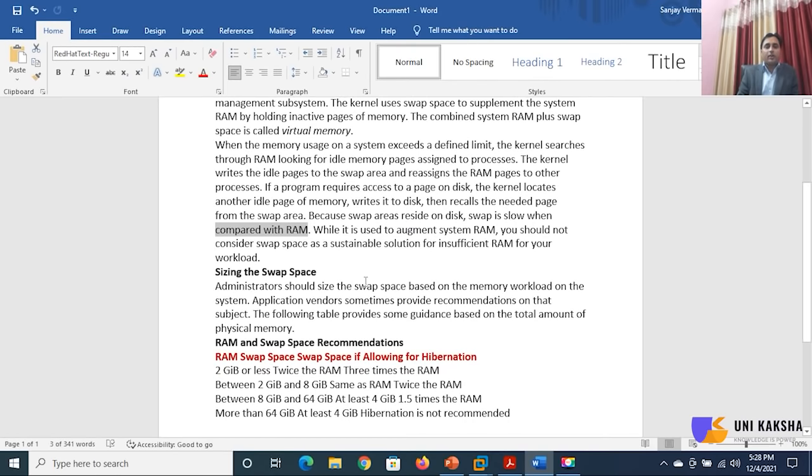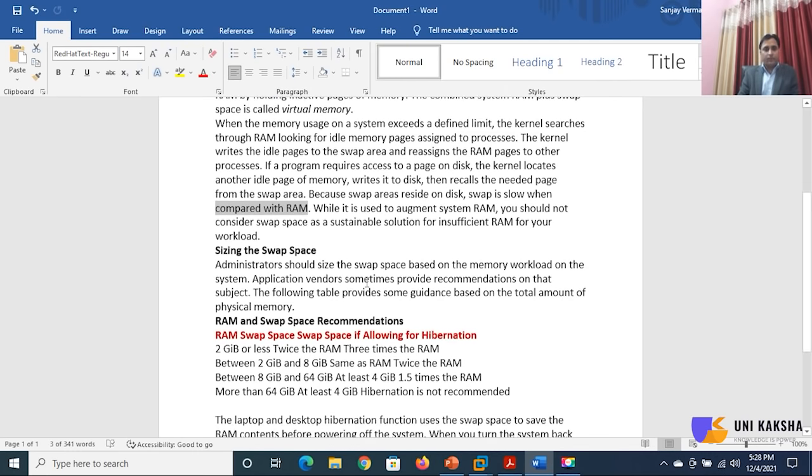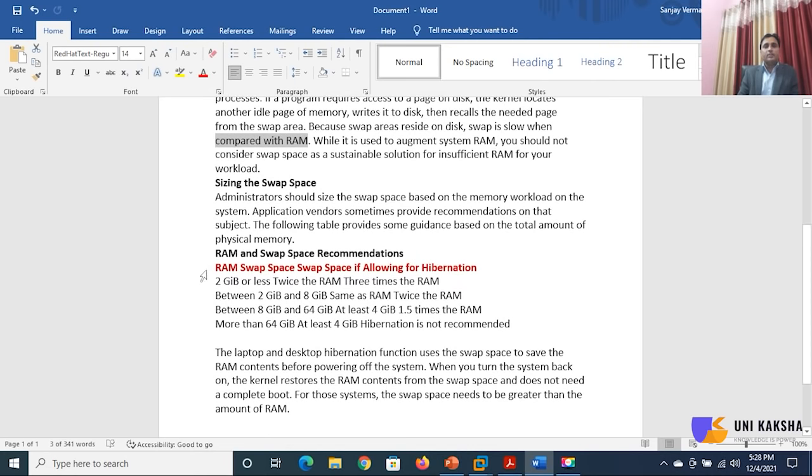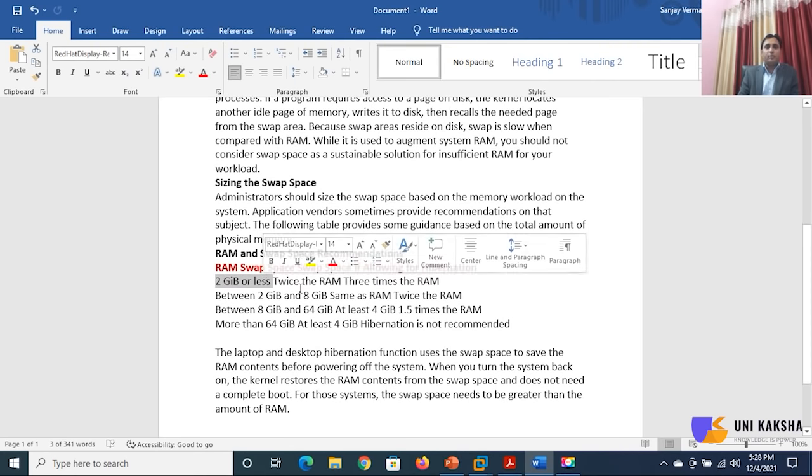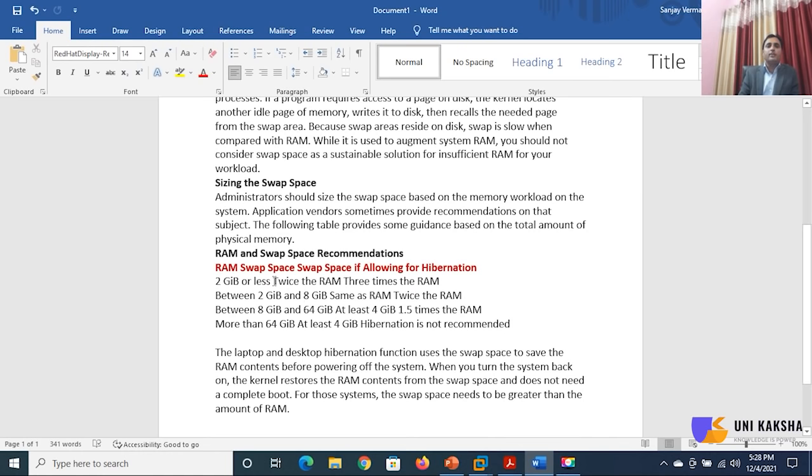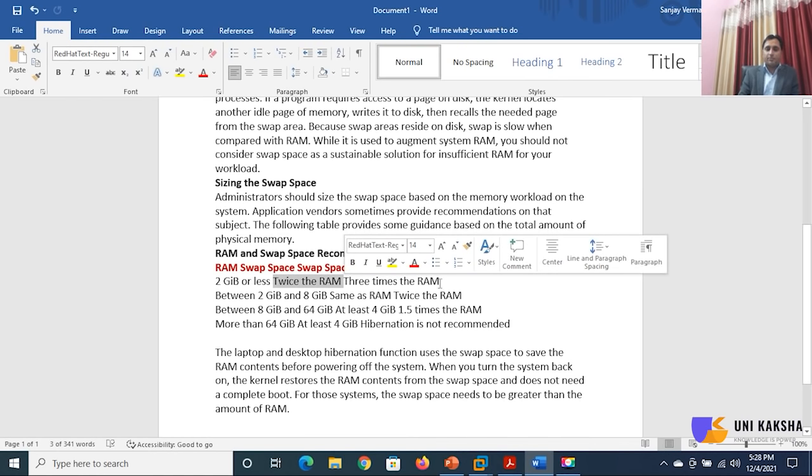Now, if you ask what the space for swap should be, generally people say just double the RAM. But when my server has 512 GB RAM, what to do? Do we have to create a 1 TB swap space? No. Actually, when your machine has 2 GB or less, you create twice or thrice the RAM as swap.